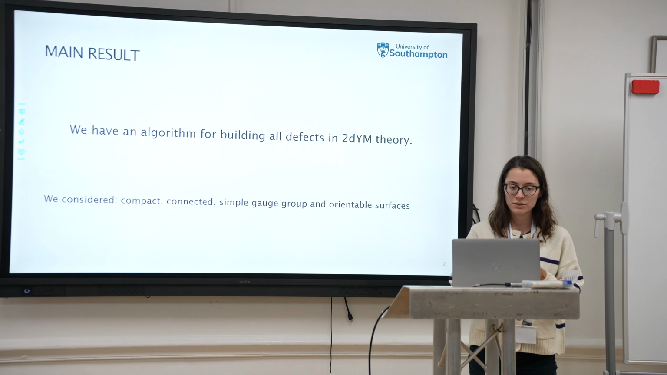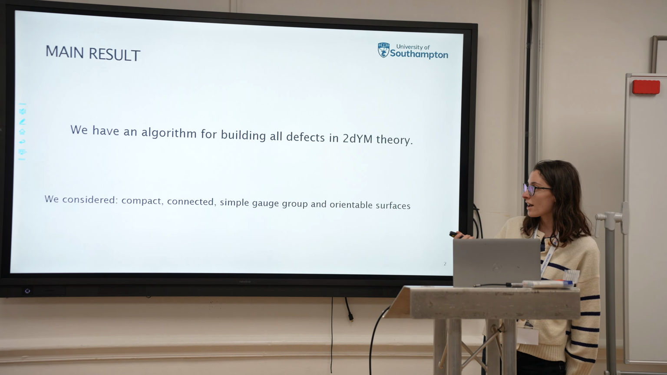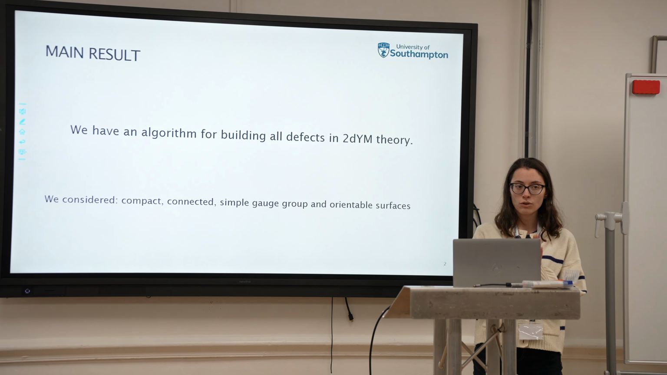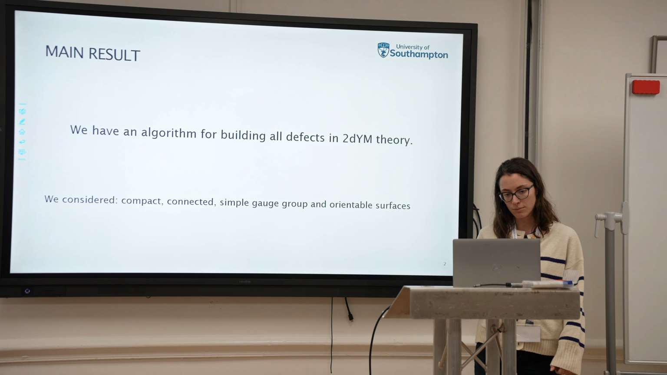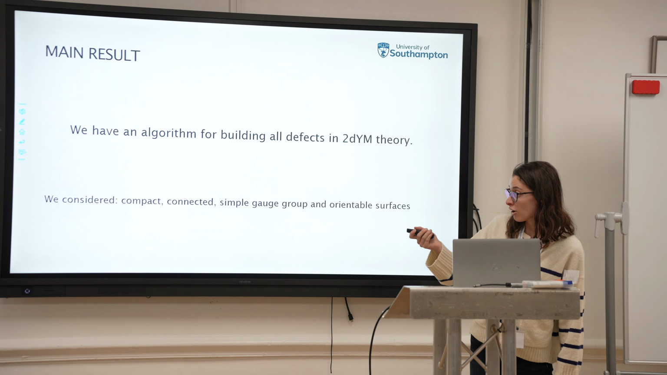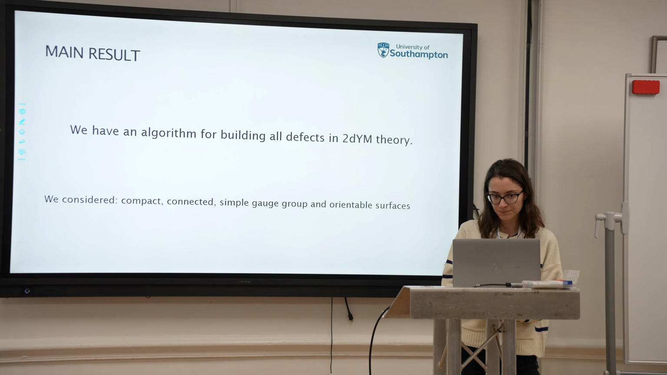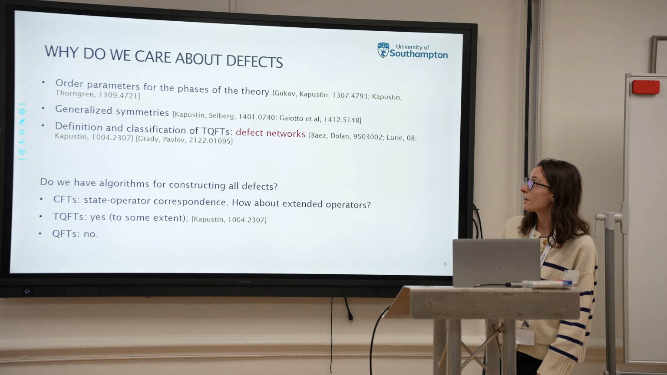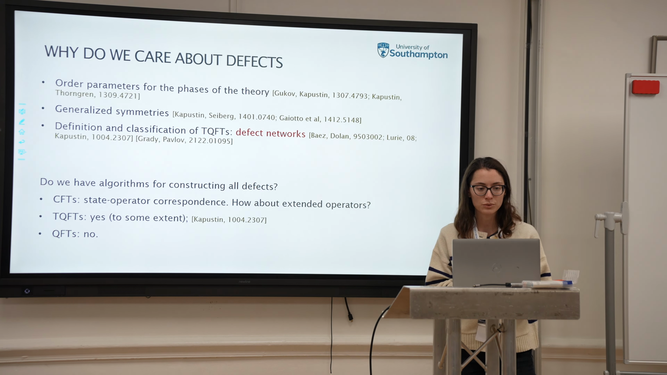Let me start by giving you already the main result of the paper. The main result is that we have a nice algorithm for building all defect networks in two-dimensional Yang-Mills theory. And in this project, we consider in particular compact, connected, simple gauge group, and orientable surface. That's the main result. And let me tell you a little bit of motivation of why we care about